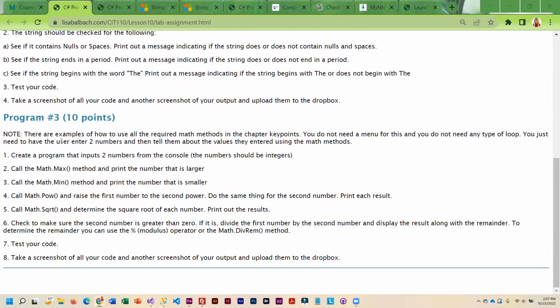Program 3. Lots of examples in the chapter key points for all three programs. For program 3, you do not need a menu for this, okay? You don't have to have it loop. What you have to do is read in two numbers from the console, two integers, call Math.max and print the one that's bigger, call Math.min and print the number that is the smallest,